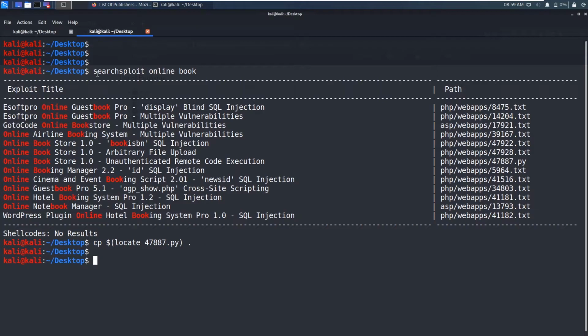So searchsploit keeps track of the latest and fixed exploits. In Exploit DB some others will directly write the exploit, and we need to understand more and fix some more errors. We will see this in the manual exploitation in the network pen testing section. So I have copied this. Let's go ahead and check this 47887.py.